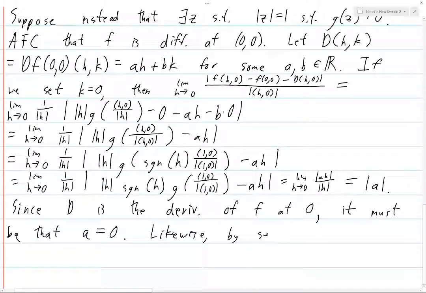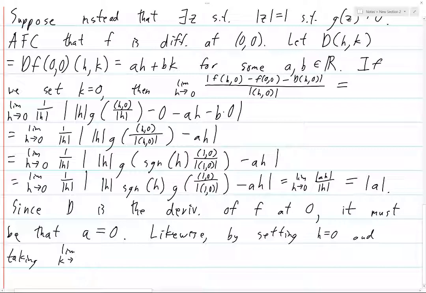By setting h equals 0 and taking the limit as k goes to 0, one can prove